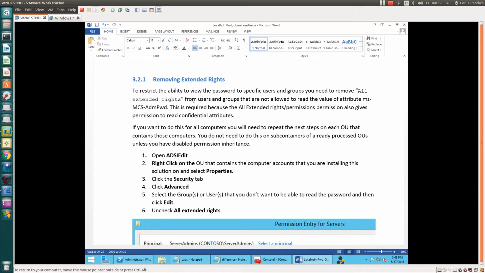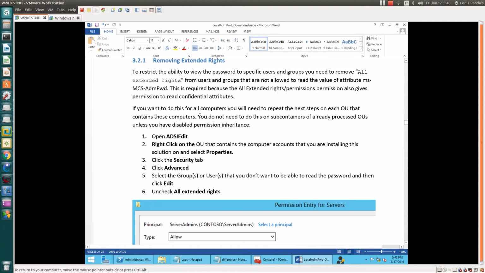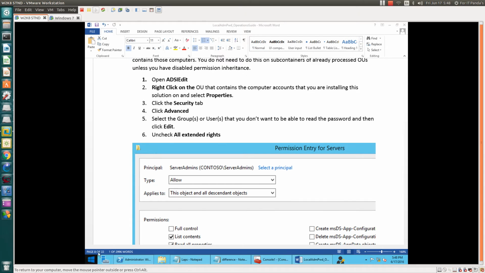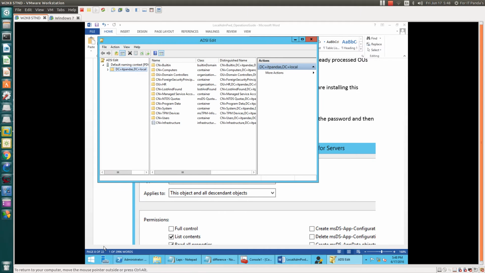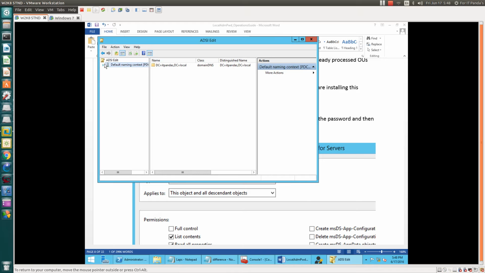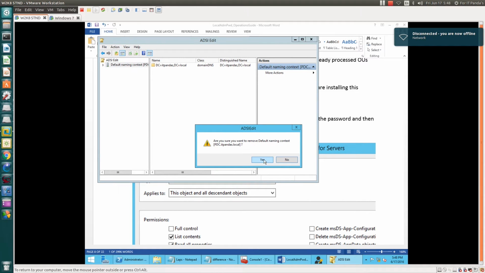So for that, it says to open ADSI Edit. Alright, let's go ahead and open ADSI Edit. Here are the attributes you want to remove.